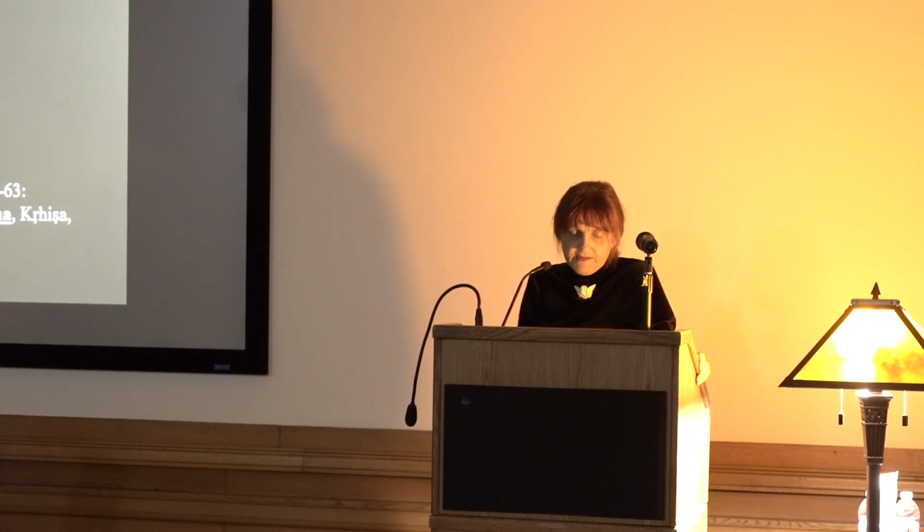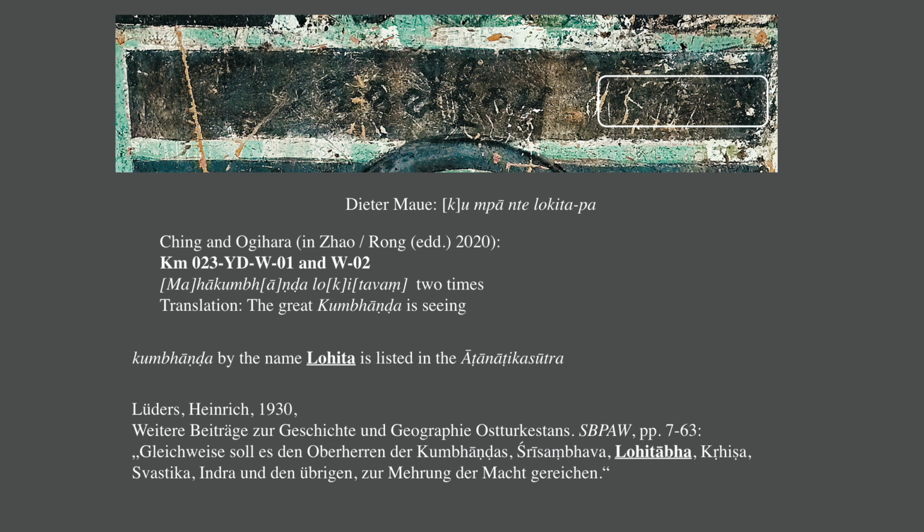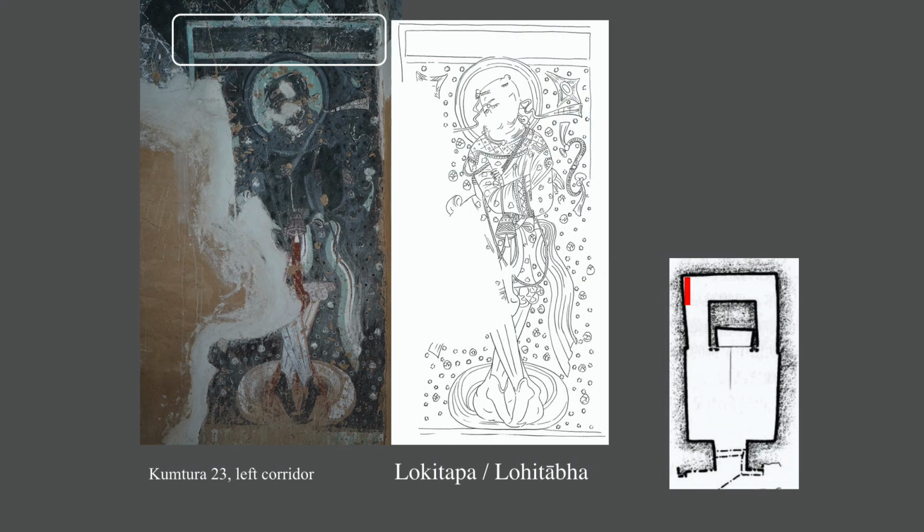I think Maue is right, because he read this Lokita Pa, and in the Atanatika Sutra, which I mentioned before, an individual Kumbhanda by the name Lohita is really there. And Heinrich Lüders will still come to this place. There are texts found in the caves, and a Kumbhanda by the name Lohitapha was also named, so that must be one and the same individual. Maue thought that maybe it's Lohitapha, so somebody drinking blood. So this individual really does not look very friendly, but he is here in the interior, on the side of this Parinirvana place,